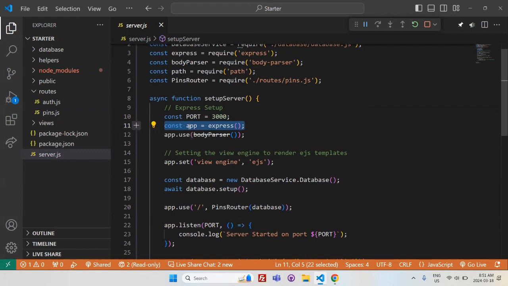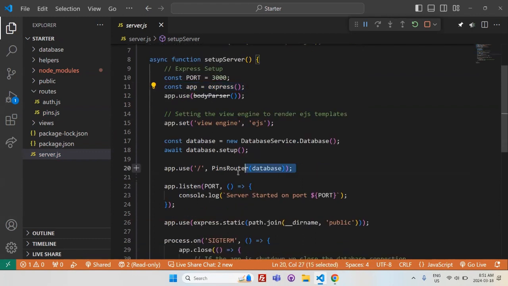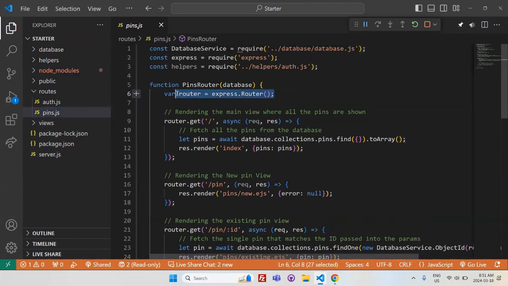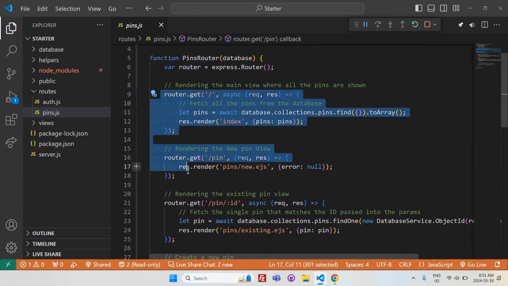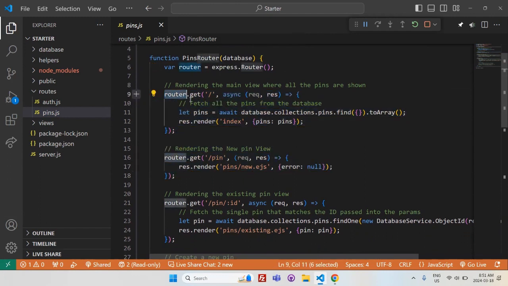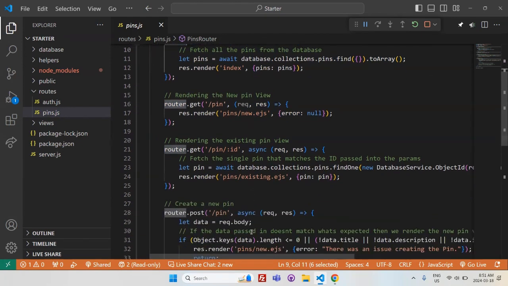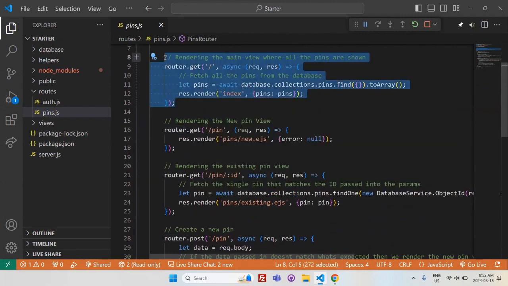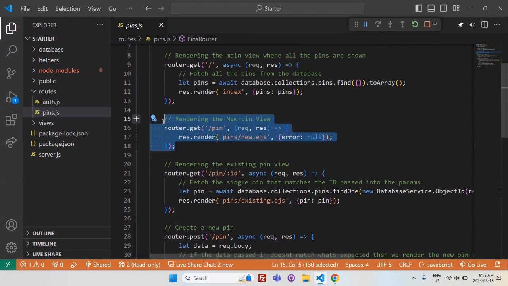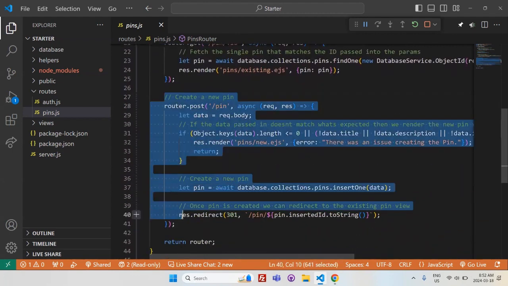In order to build on this instance of express and call our pins, routers, all of the routes in there, we created a new variable called router that uses this router class inside express, and that is what we've built each of our routes on. So it's not app.get outside of server.js. We have our router created over here, okay, for all of our routes, which is to display, the default is to display all of our pins, to render the form where you can create a new pin, the route where you actually accept data from the form and